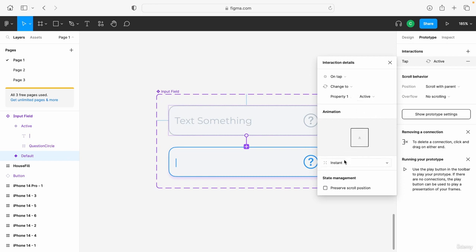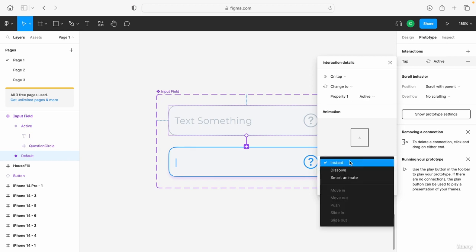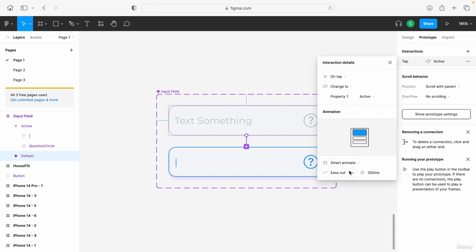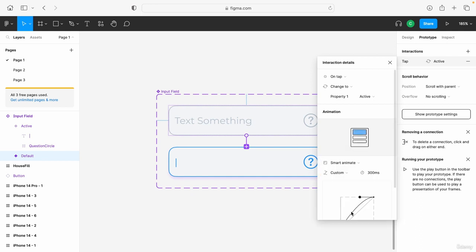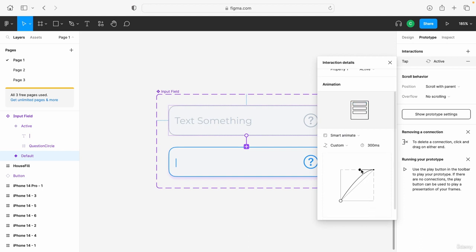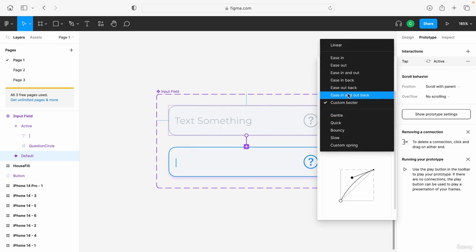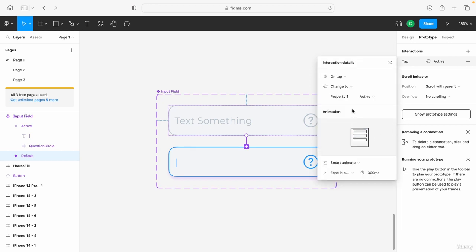We can choose the animation style we want: instant, dissolve, and smart animate. There are lots of other options like linear, ease in, ease out, custom bezier. In the custom bezier, you can choose the style you want, but I like to choose ease in out animation, and the animation time can be changed as well. Let's choose this one for now,